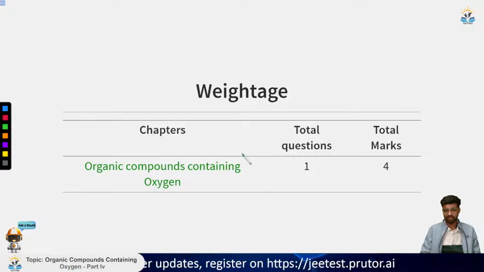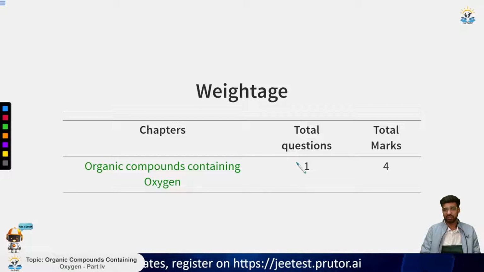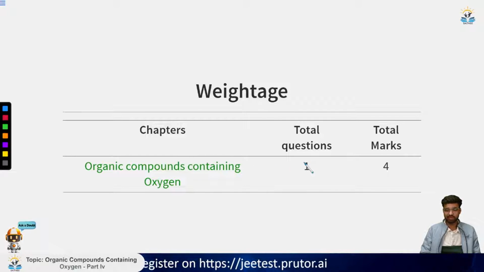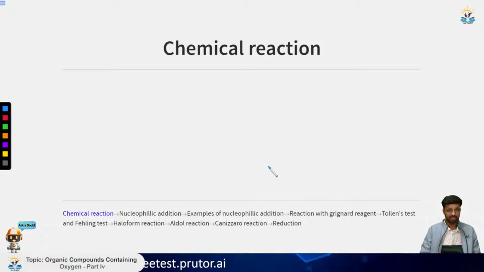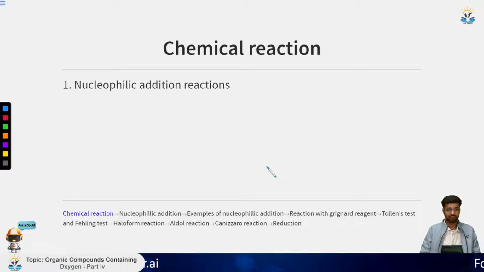I have told you earlier that on average one question comes from the chapter on compounds containing oxygen, and it is worth 4 marks. So let us see what reactions are possible with this carbonyl compound. The first one is the nucleophilic addition reaction. In this reaction, basically an electrophile